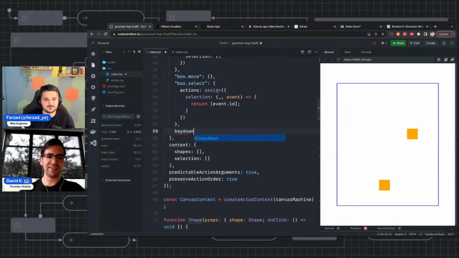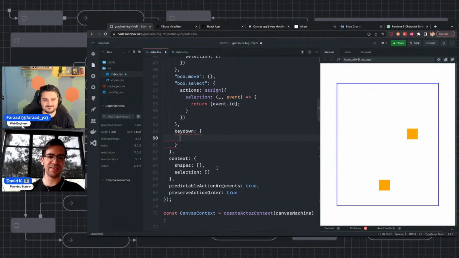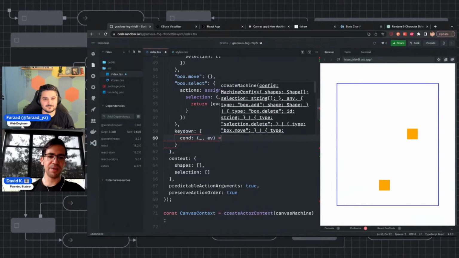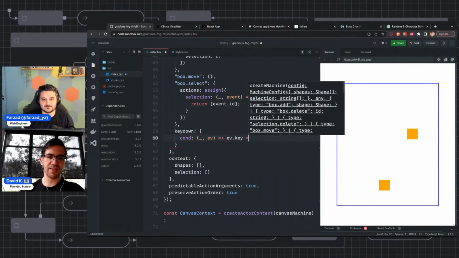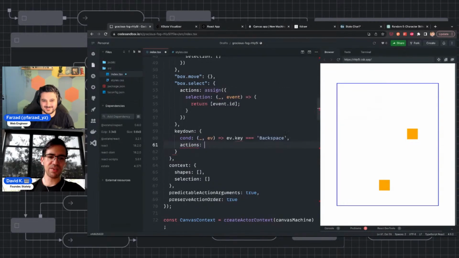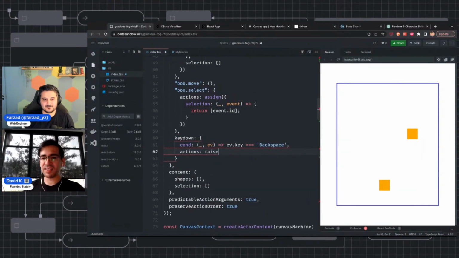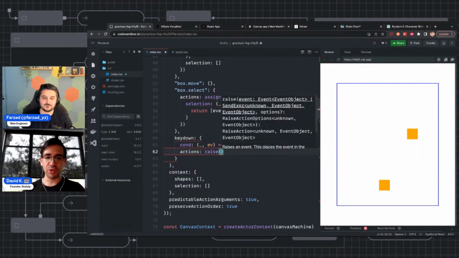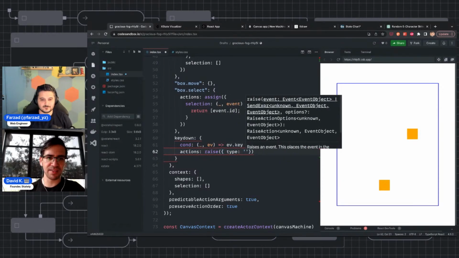So key down. This is pretty cool. So I could add a guard. I mean, in version 4, it's called cond over here. But we're going to say if event.key is backspace. I think you could see where this is going. And we're going to do something really interesting and really powerful called raising an event. And this is something that you can't really do normally with Redux or anything like that, where you could tell the state machine to send itself an event. So I'm going to tell it to send myself